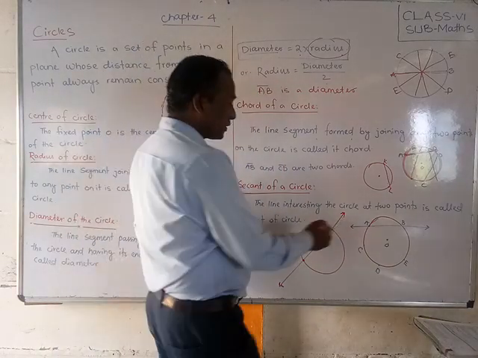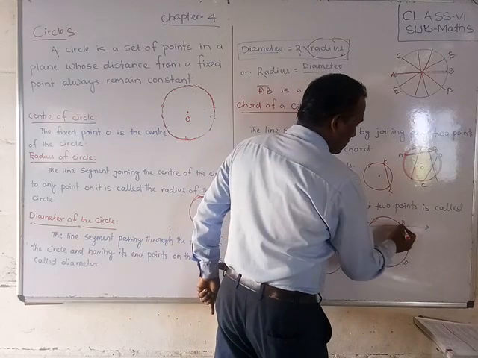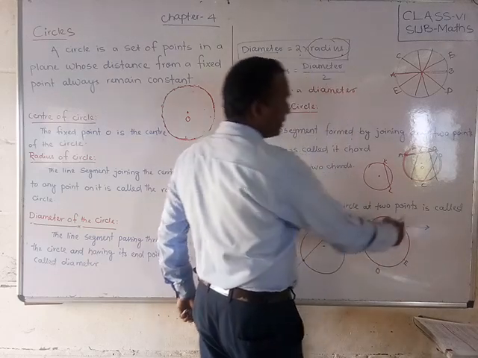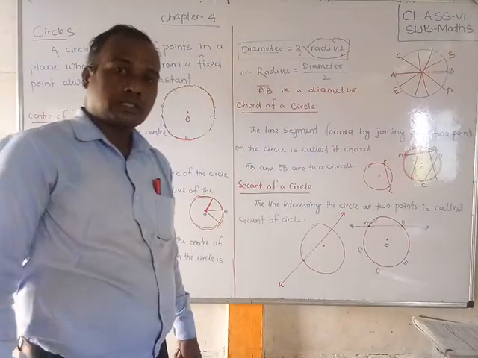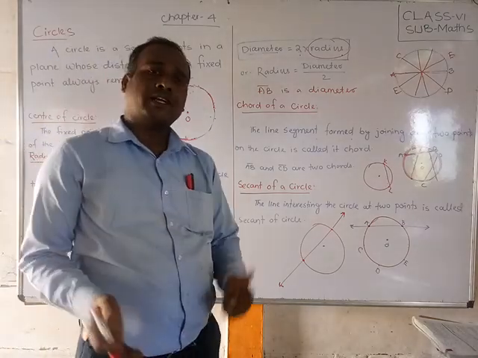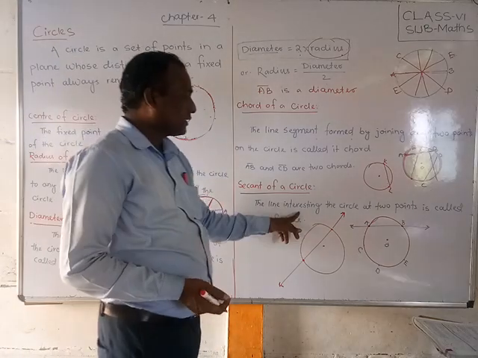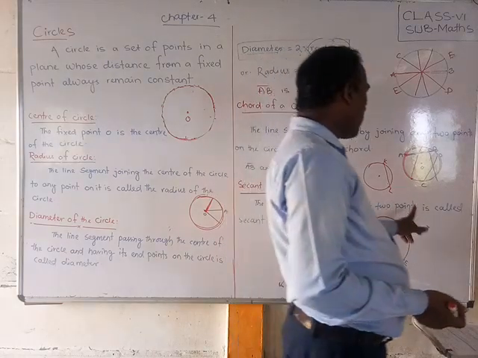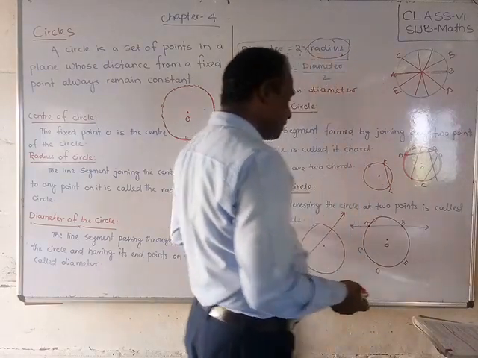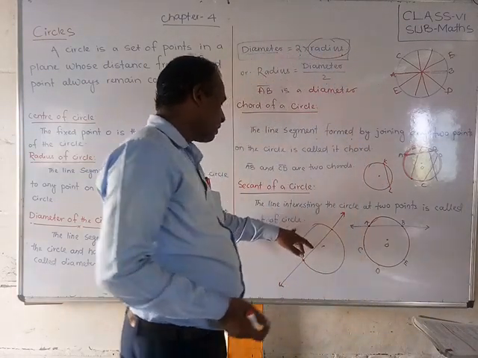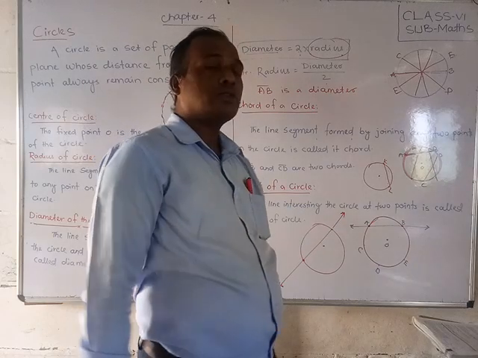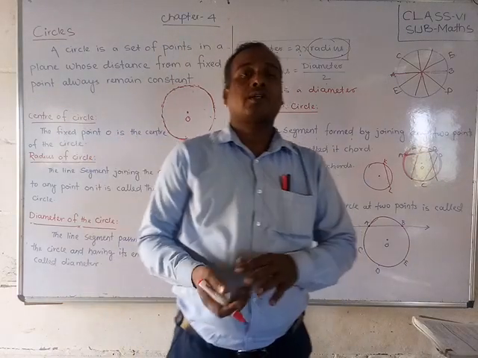So here I have drawn: this is one point, this is one point, 2 points intersecting. That's why it is called a secant of a circle. The line intersecting the circle at 2 points is called a secant of a circle. So you can draw these, students, and then next we will discuss